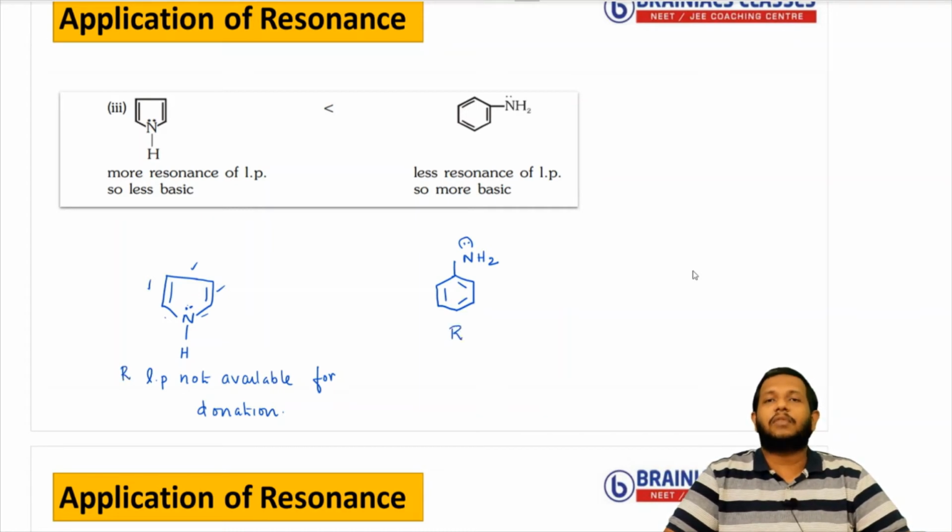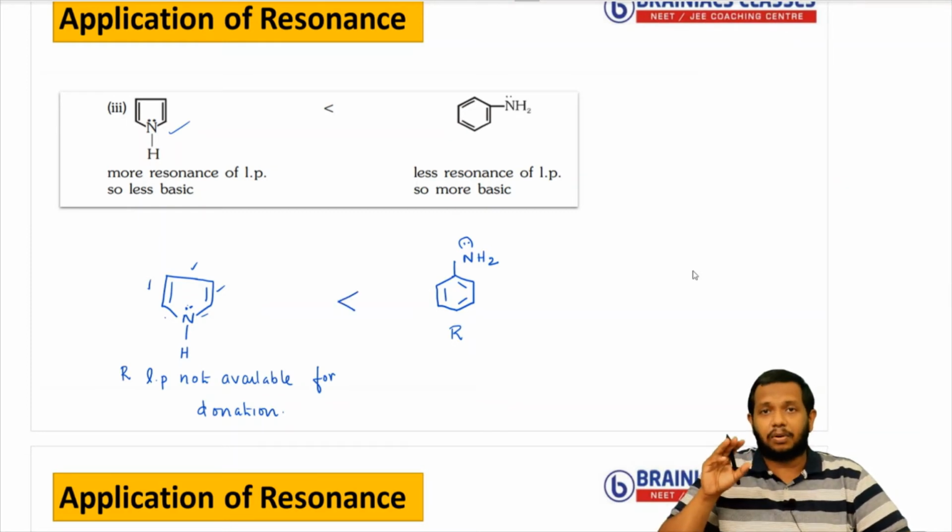Now we need to say between these two, which one is more basic. That is very difficult. But if you look at this one, the lone pair is directly involved in resonance inside the ring, so that is more involved in resonance. But here the lone pair is outside the ring for some part of the time. So I can say that is more available for donation compared to this one. So which one should be more basic? Here aniline should be more basic than the other one.